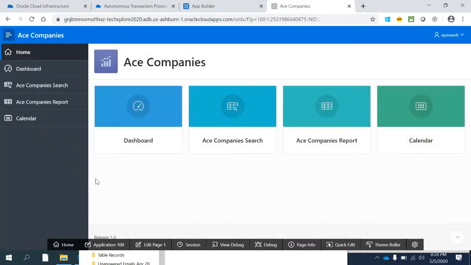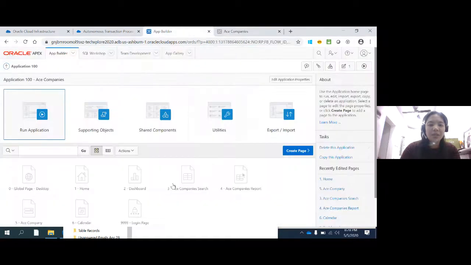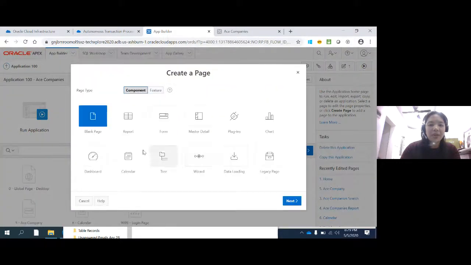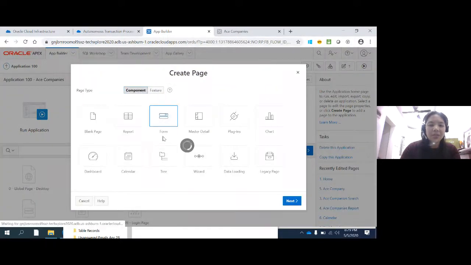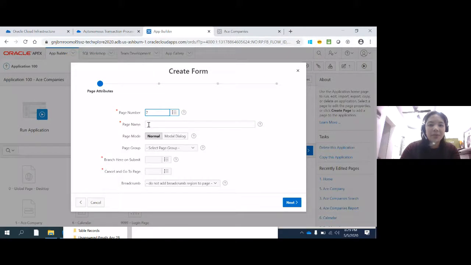Now, hope that's clear. So we did all of these pages without coding. Isn't it interesting? So what if we wanted to deploy this application to employees so that they can check in, no more CSV, no more spreadsheet tracking. We want employees to log in here straight. So we need one page, which is a form so they can check in. That's when we will start creating pages. But Apex has rich templates that we can just select, like form. Okay, so I want to create a form and I want to name it check-in, and on submit I want to reroute to page one,